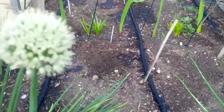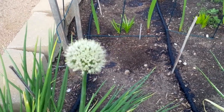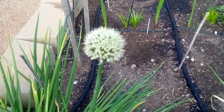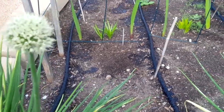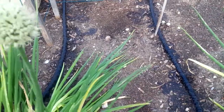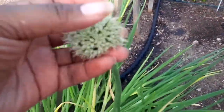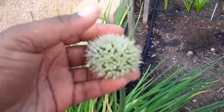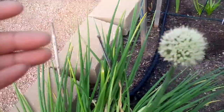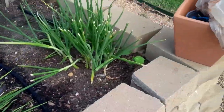And this is so pretty. This one, it's too hot. They don't really like heat. So now it's starting to what we call bolt. And as it bolts, you'll notice that the seeds will start to seed up. This is how you actually get your seeds for onions. It will actually dispense its own. So this area right here may do a whole bunch of bolting and